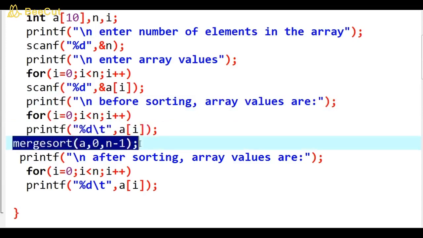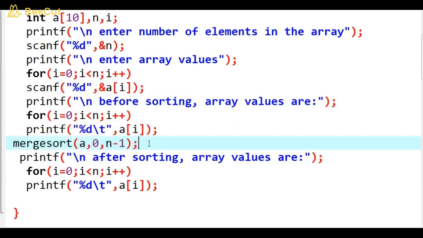mergesort(a, 0, n-1); So I am calling the merge sort function for sorting the array values. Here the array name is a. So I am passing array a and starting index of the array is 0.